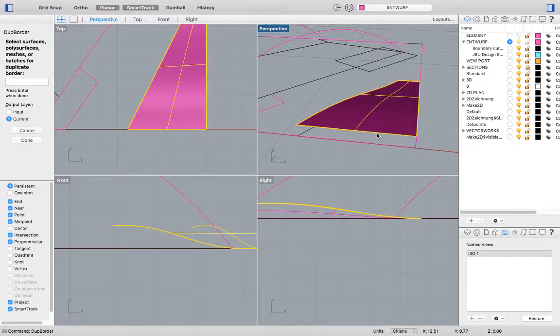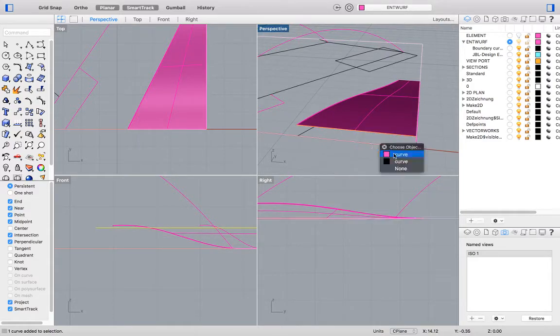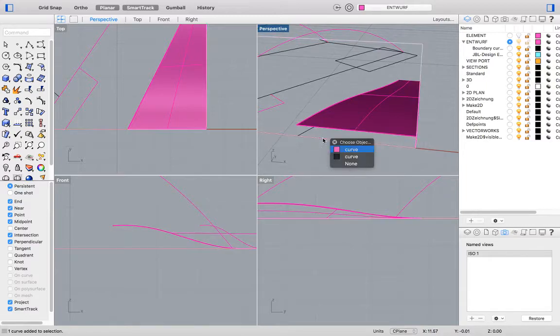So we select what we want to duplicate the border of, hit enter, and it's given us this line around the surface. And now we're going to hit the command explode, and that's separated the line, so now I have a single line. So now I'm just going to loft between these two. Another simpler way to do this would just actually be